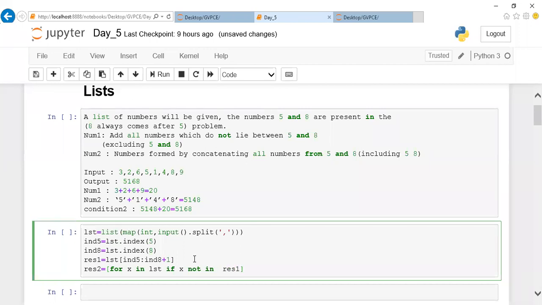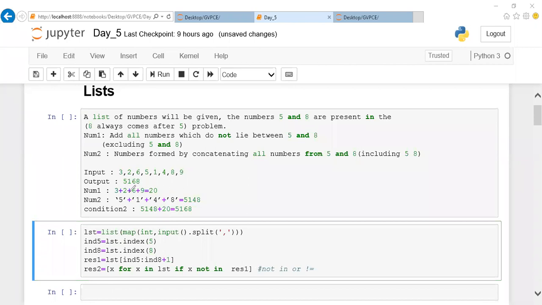Result 1. This not in is equal to not equal to, guys. Don't be confused here. Either I can use not in or I can mention not equal to. Both are the same. So what I'll do is take element by element from the existing list, and check whether it is not in the slice list.